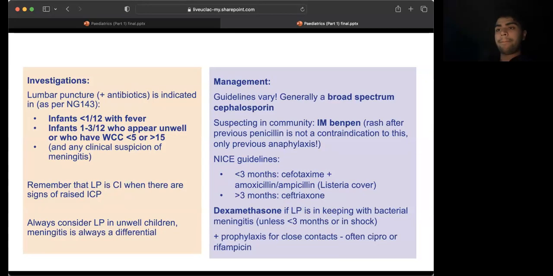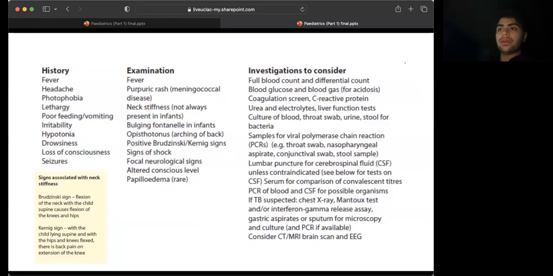If we go to the next slide. This is quite a good summary slide that shows the key features in the history in meningitis, and the examination findings that we talked about. So the purpuric rash, neck stiffness, the bulging fontanelle, and this rare manifestation of the disease called opisthotonus, which is when a baby has this dystonic arching of the back, so their whole body arches backwards because of the infection. And the investigations that you would do is a full septic screen, so you do an FBC with the white cell differential, you do a blood gas, you do a coag screen because of the complications of DIC that you get with meningitis,